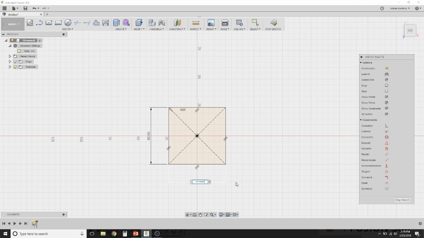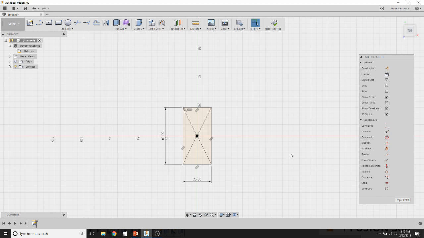Obviously that's easy to figure out, but if you had a much larger number or some crazy decimal or something like that, it would be much more difficult to figure out. So if I divide by 2 and I hit enter, now it's giving me a 25 millimeter dimension there. And again, you can add, subtract, divide, and multiply in there. I'm going to go ahead and double click on it, change it to 50, and hit enter to bring it